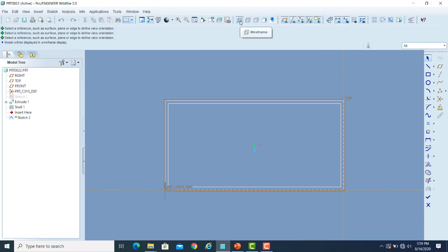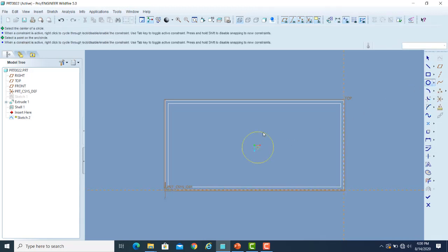So I will turn it to the wireframe so that I am able to see the boundary lines of that shell feature. So I will simply make a circle. I will dimension it. So the total length of the rectangular tank was 300 units. So if I type in 150 value, it will exactly be located at the center of that rectangular tank horizontally, and similarly in the vertical